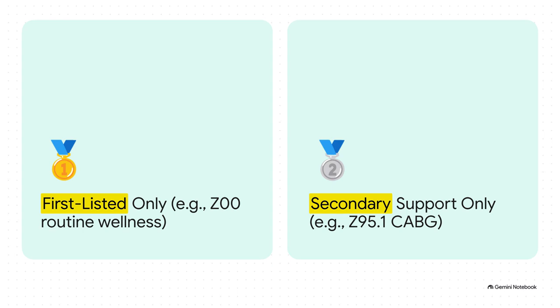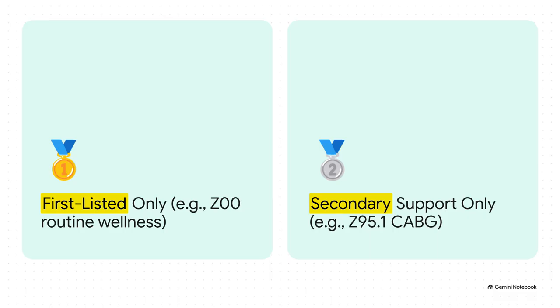You really can't just slap a Z code anywhere on a claim form. Our very first law today involves understanding the strict hierarchy of Z codes based directly on the CMS guidelines. Their sequencing is highly regulated. So we've got a clear division in the Z code universe. On one side, we have first listed only Z codes. These are codes that absolutely must lead the claim. They have to be in slot number 1. We're talking about examples like Z00 for a routine general wellness exam, or Z01 for a specialty exam without a